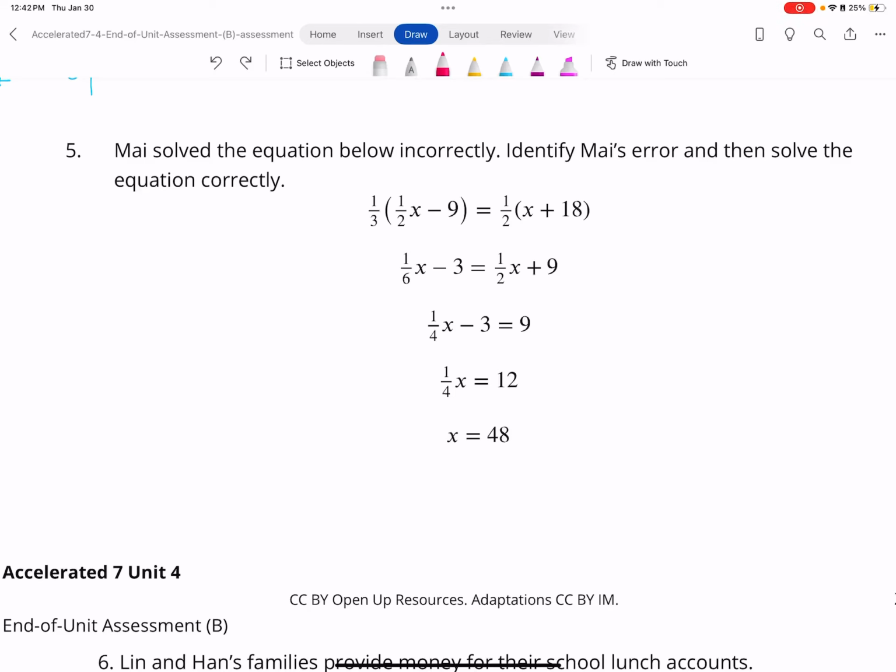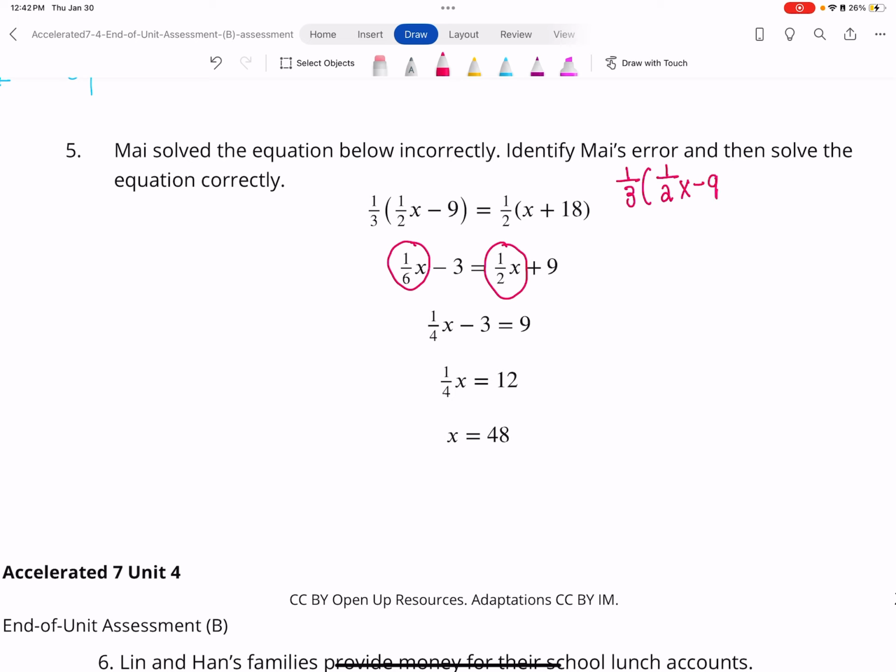Mai solved the equation below incorrectly. Identify Mai's error and then solve the equation correctly. So what happened here is that Mai did not correctly combine the 1/6x and the 1/2x. Now we are going to solve this together so that you can see